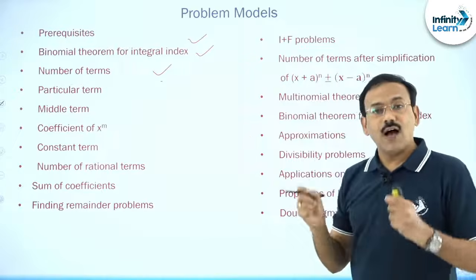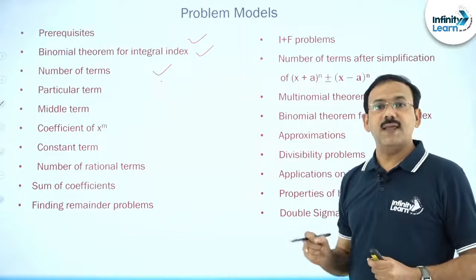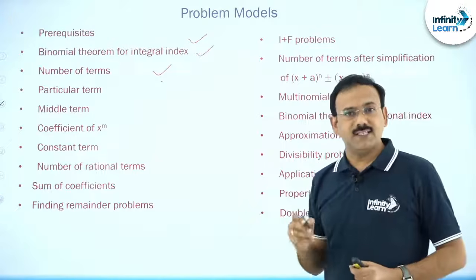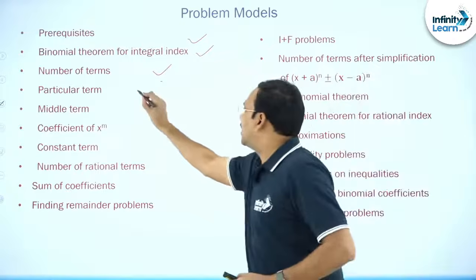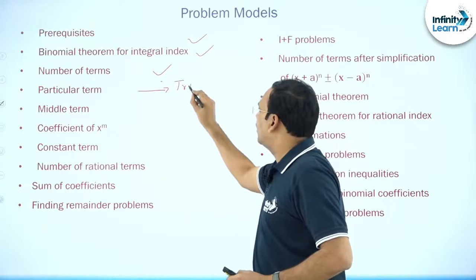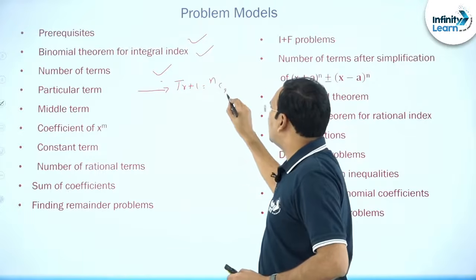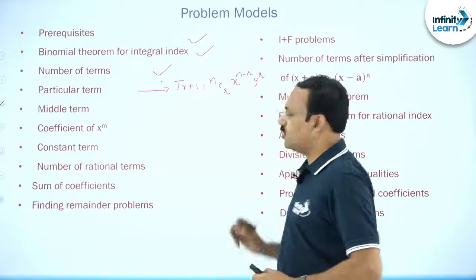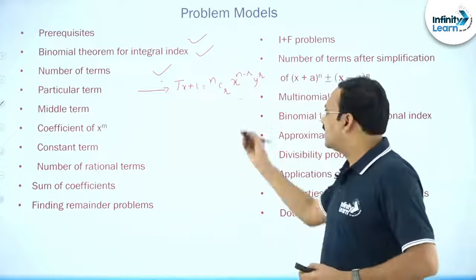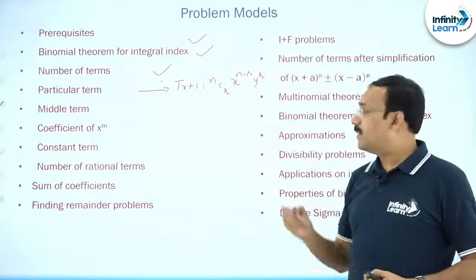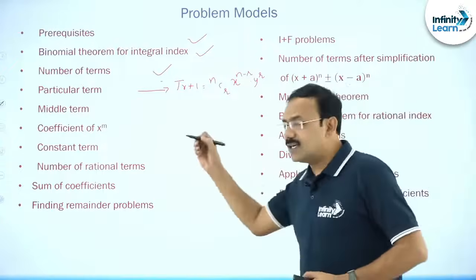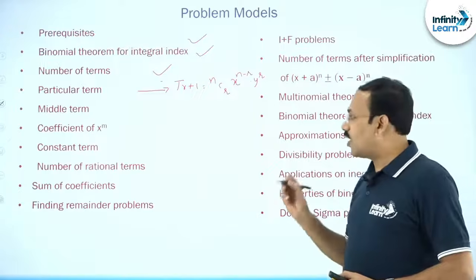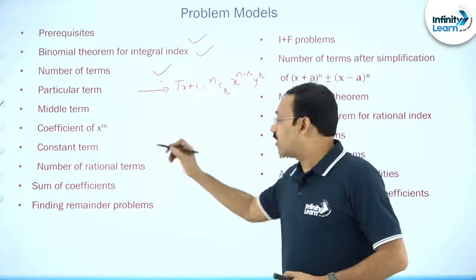Then you know how to find a particular term in a binomial expansion. In the expansion of x plus y whole power n, if you want T(r+1), it is going to be nCr into x to the power of n minus r into y to the power of r. You know it well. This is the basic point. Then friends, finding the middle term or middle terms in a binomial expansion,